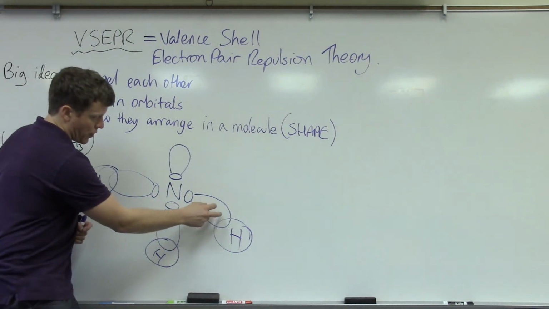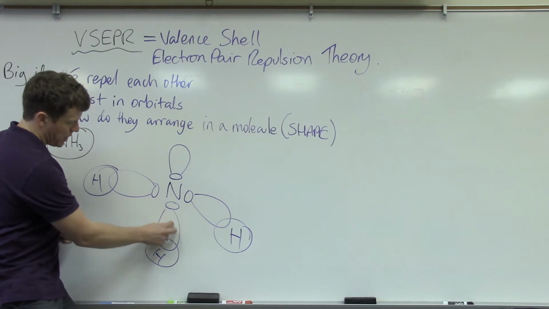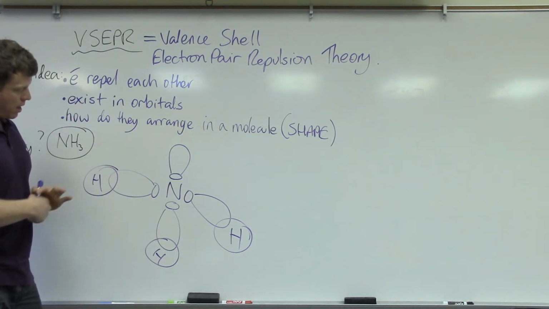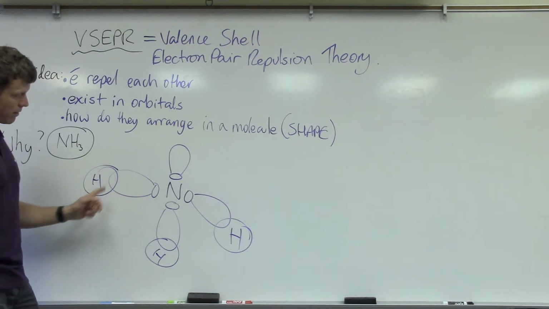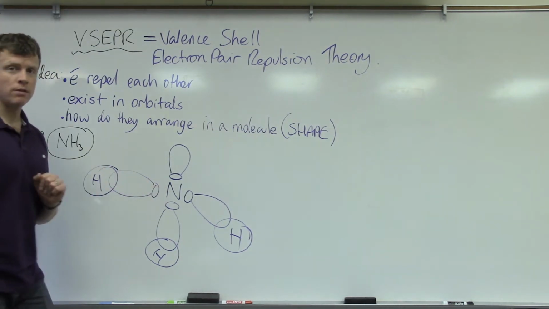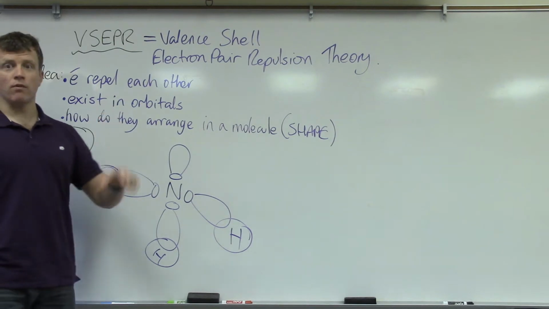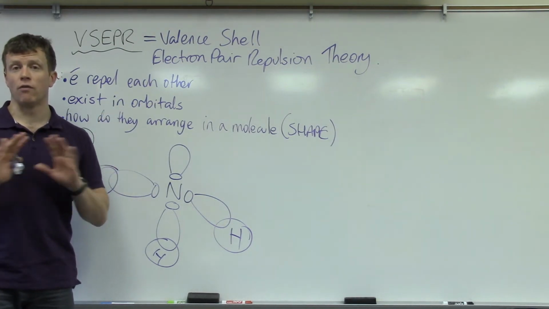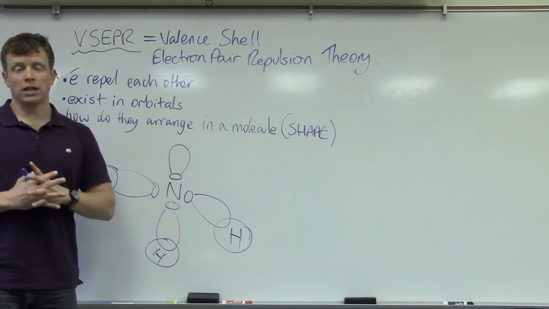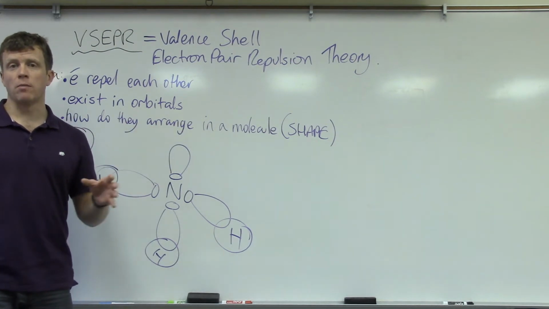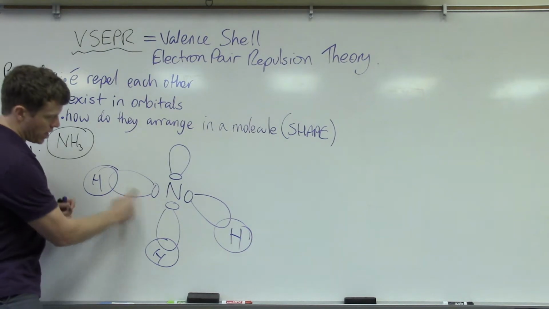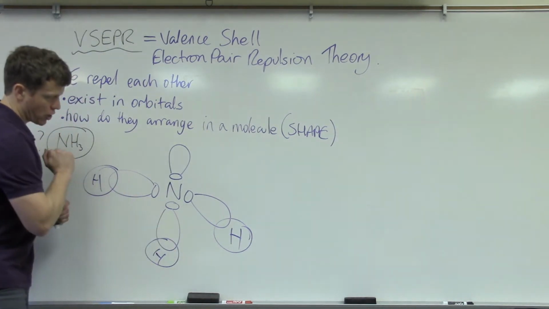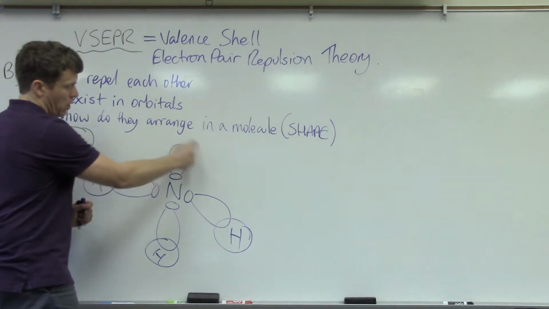So that's true for that pair of electrons, and then these two pairs right here. We'd actually call these bonded pairs of electrons because they're being shared between two atoms. I don't think I've said this yet, but VSEPR theory is all related to covalent molecules, so we're not really dealing with metals and non-metals, just non-metals bonded to each other. So we have three bonded pairs of electrons being shared covalently, and then we've got this lone pair of electrons